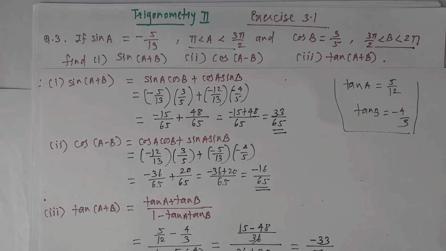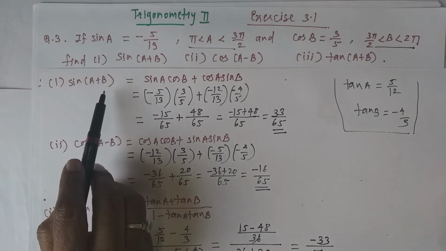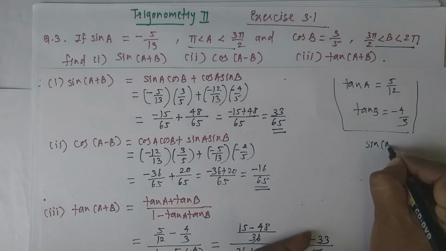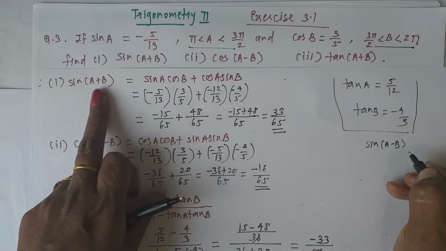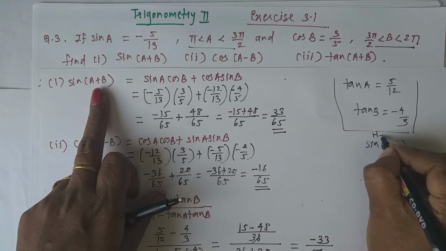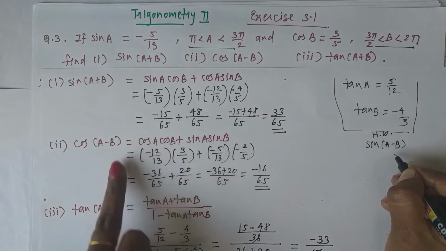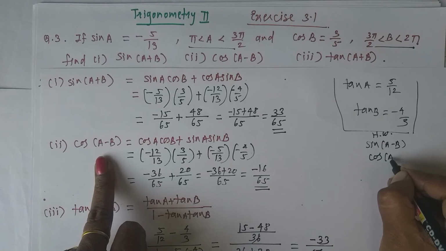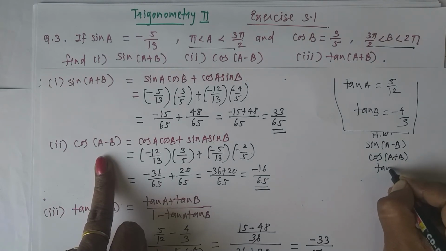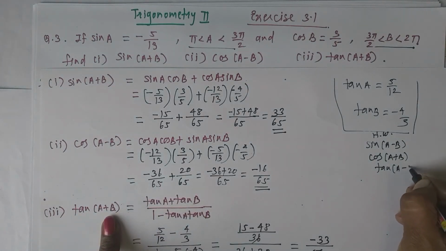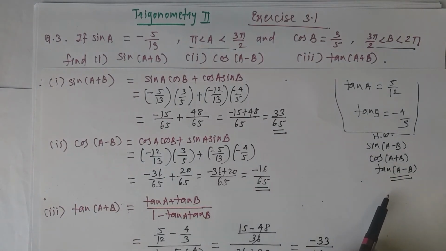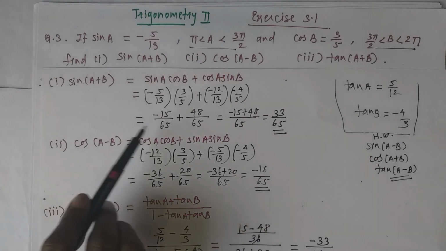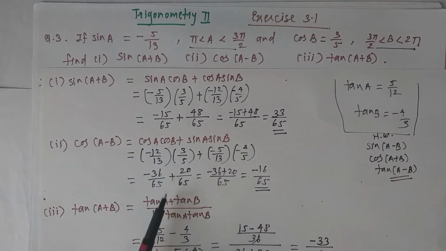Okay. Now at home you find out the values for sin(A-B). Here A plus B is given; at home, you find out the value of A minus B. This is your homework. You find out the value of sin(A-B), the value of cos(A+B) and the value of tan. Here we have found A plus B. At home you find out the value of A minus B. You solve and see what happens to the values. Values will get changed. Okay. Here a minus sign comes, here a plus sign comes, here plus and minus signs come.